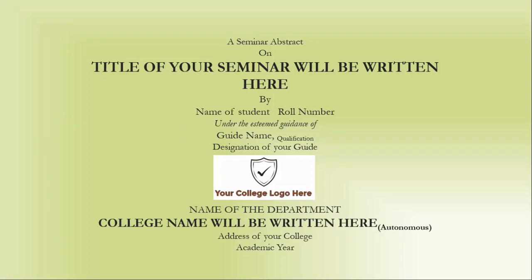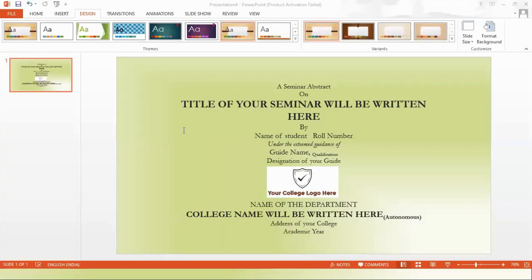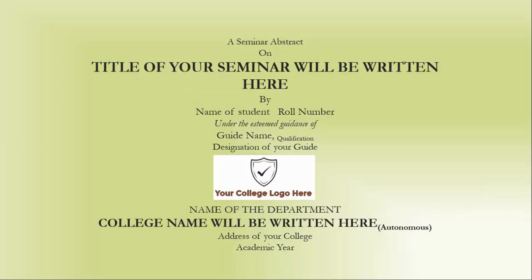So now I can identify clearly the difference between each and every line and every other line: what is the font size and what is the line gap, everything. And when you see the title, it may be adjusted for 2 lines, so maybe it is not a big issue, but it should be highlighted. So now when you see the slideshow here again, the title of the slide is highlighted and the college name is also highlighted. But when we observe here, the font size almost looks the same.